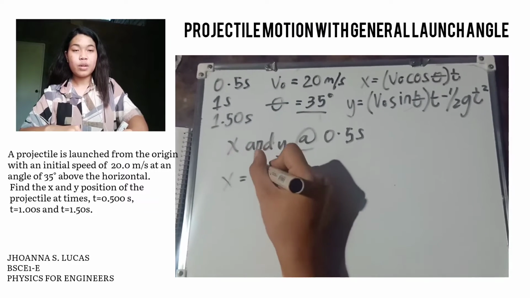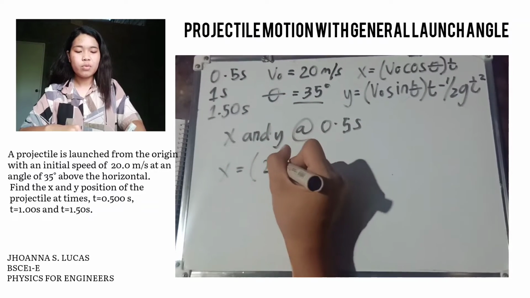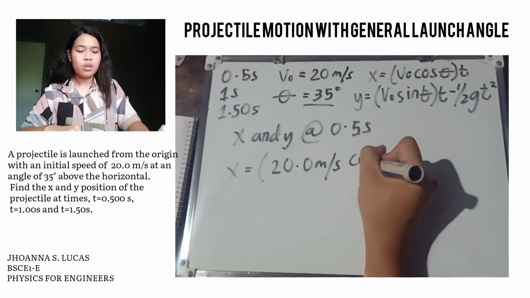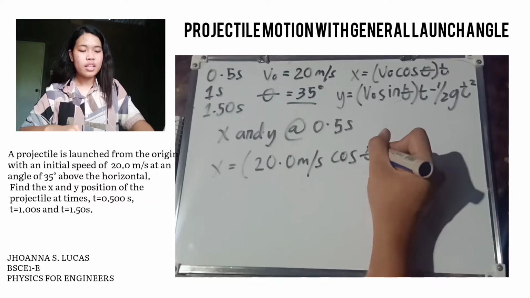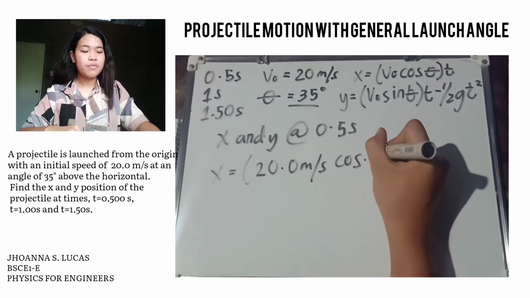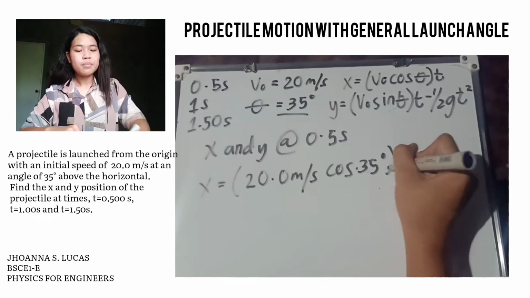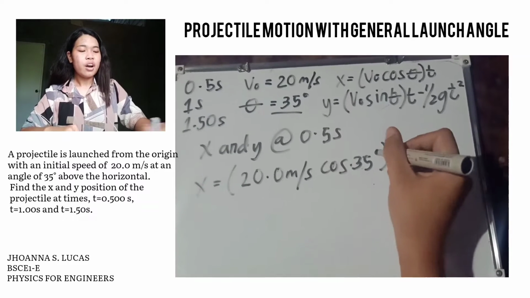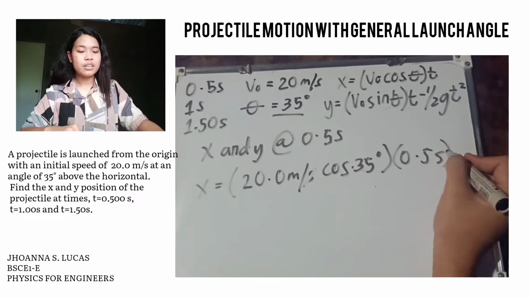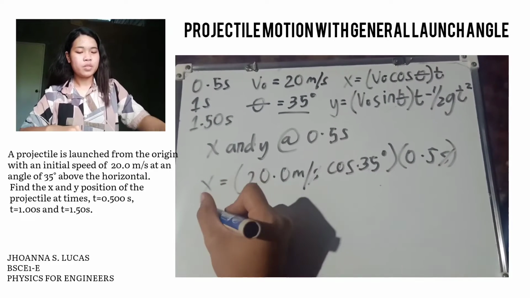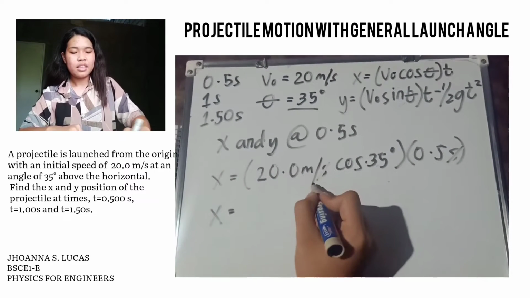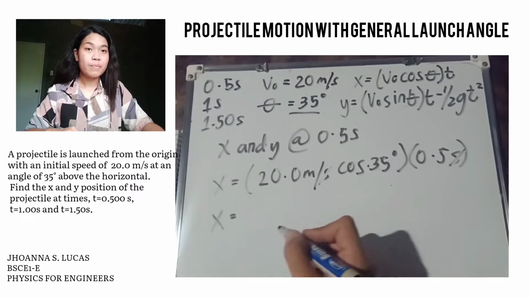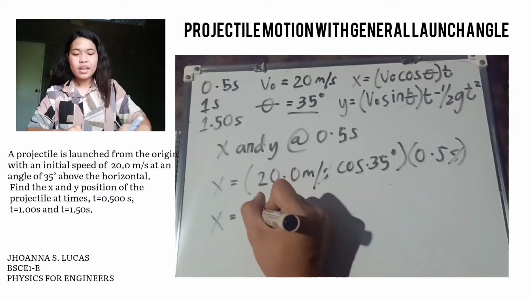So, x is equal to initial velocity, which is 20.0 meters per second, cosine theta, where theta is 35 degrees, times our time, which is 0.5 seconds. Since there are seconds in both, we will cancel them. So, x is equal to 20 meters cosine 35 degrees times 0.5